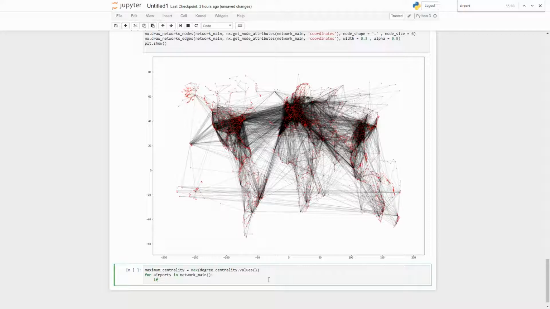Now if network main dot nodes is equal to airport,